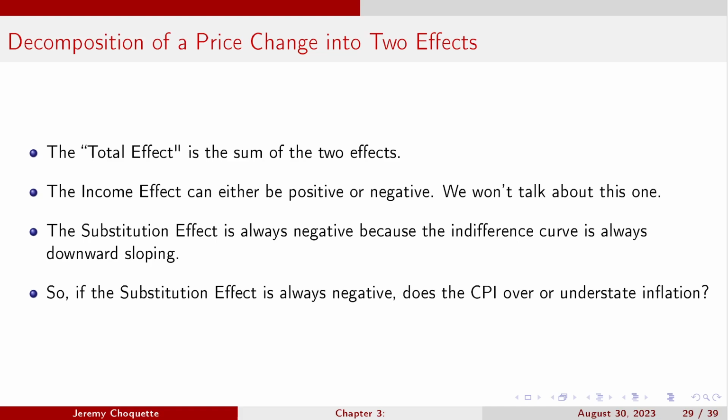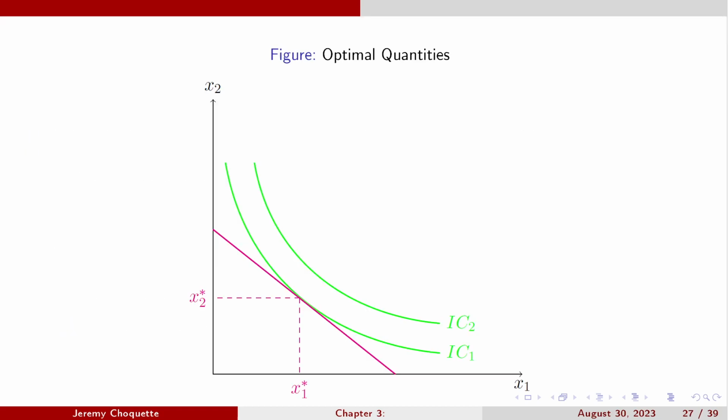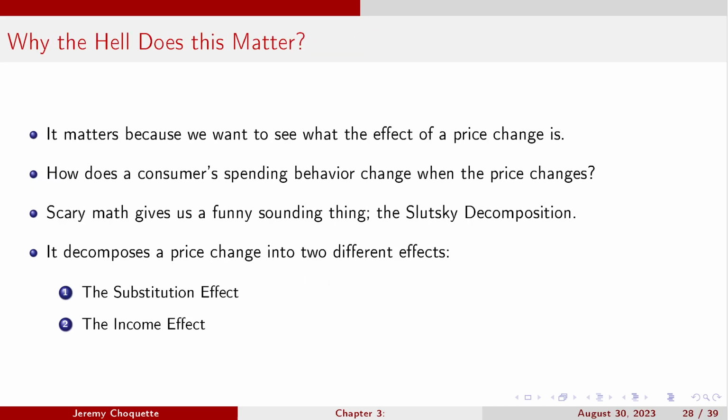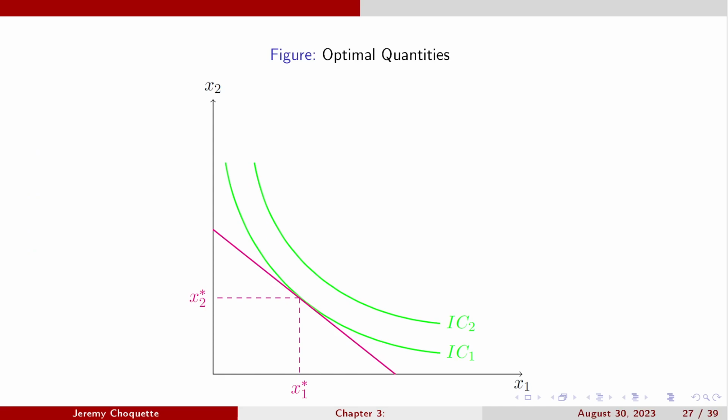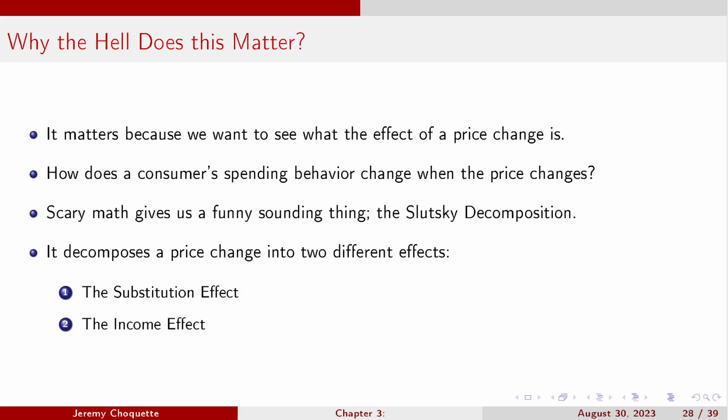But the substitution effect is always, always, always going to be negative because that indifference curve, right, this green curve here, is downward sloping everywhere. I'm not going to make you prove it's downward sloping or anything. Just take my word for it. So if that budget constraint were to change, if, say, prices of relative goods were to change, and the slope of that pink line changes, well, the point of tangency changes. Where if there's an increase in the price of, say, X1, you will consume less of X1 and comparatively more of X2, likely.